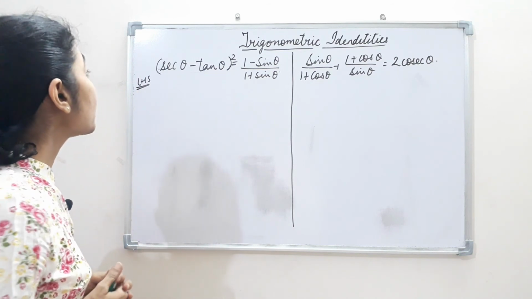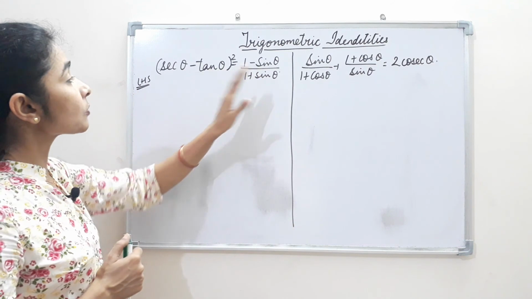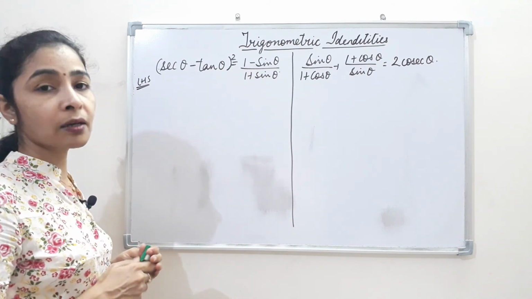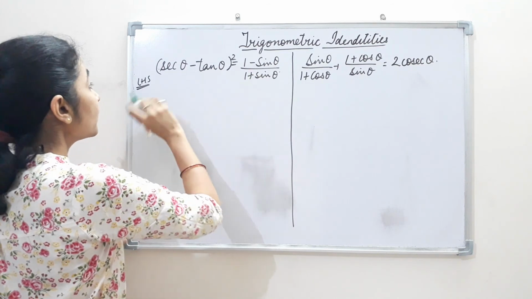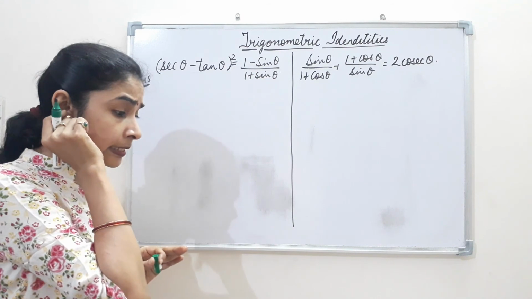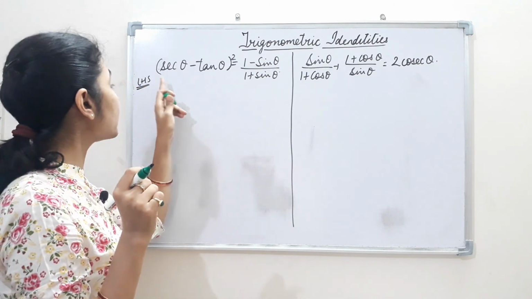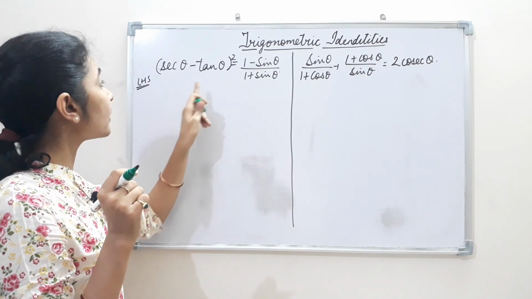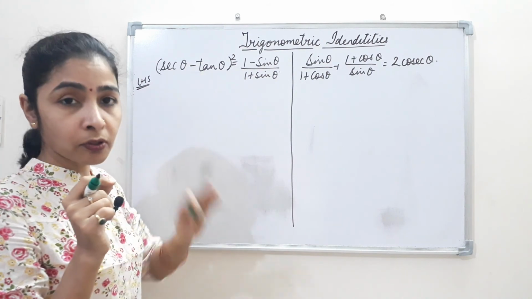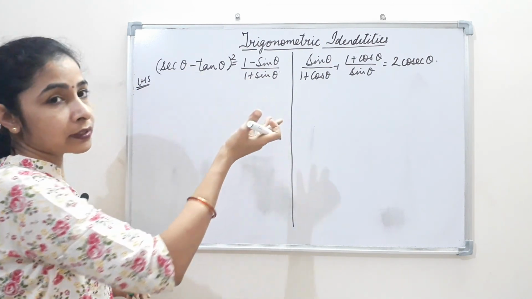Okay, now here starting with the solving of the identity, and starting with LHS, we are supposed to prove that this LHS is equal to RHS, and that is (1 minus sin theta) upon (1 plus sin theta). Now starting with this, (sec theta minus tan theta) whole square. Here we have two ways to solve it. First, we can either change sec theta into 1 upon cos theta and tan theta into sin theta upon cos theta, and the other way is just opening the bracket and after that solving it.